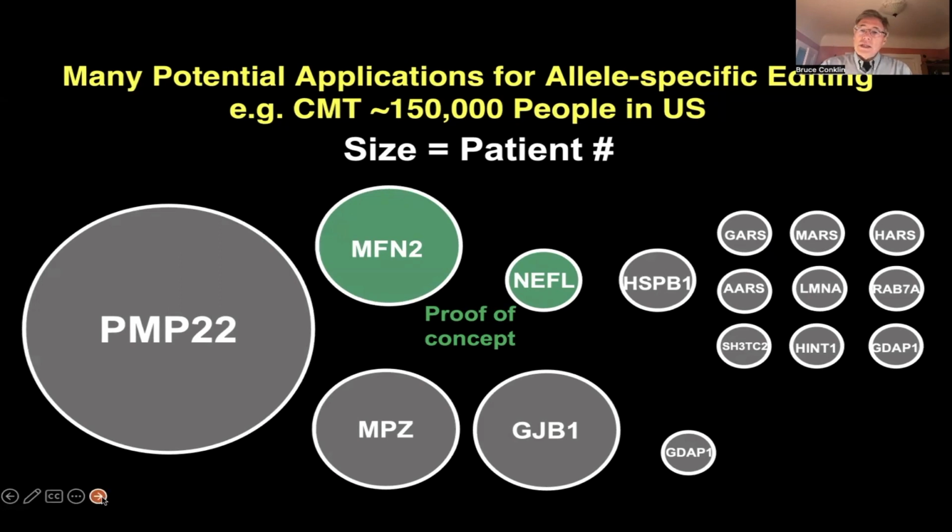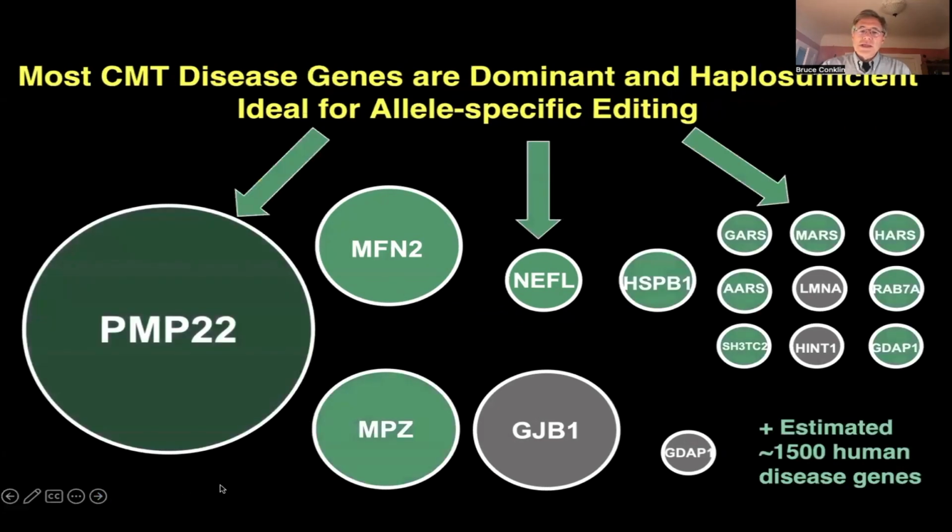So we actually did a literature search and looked at experimental data about which of these genes would actually benefit from that. And we were very pleased to see that the vast majority of genes which are dominant have the properties that would benefit from allele-specific editing, and they're all shown here in green. PMP22 is shown in a different shade of green because it's not